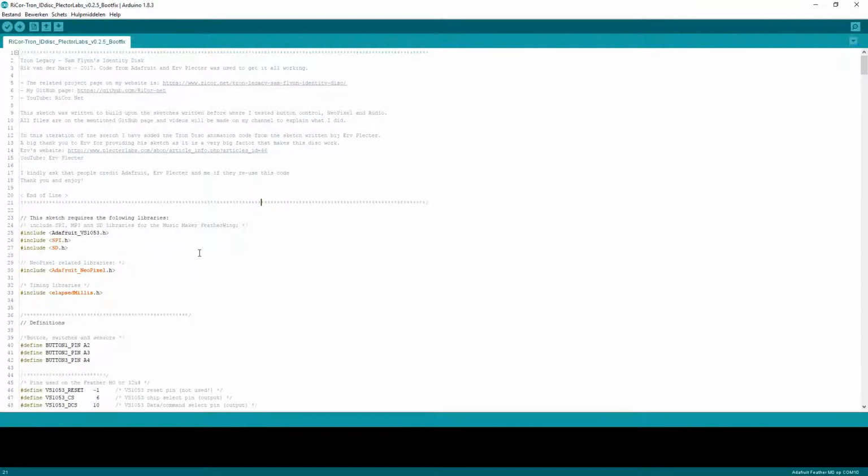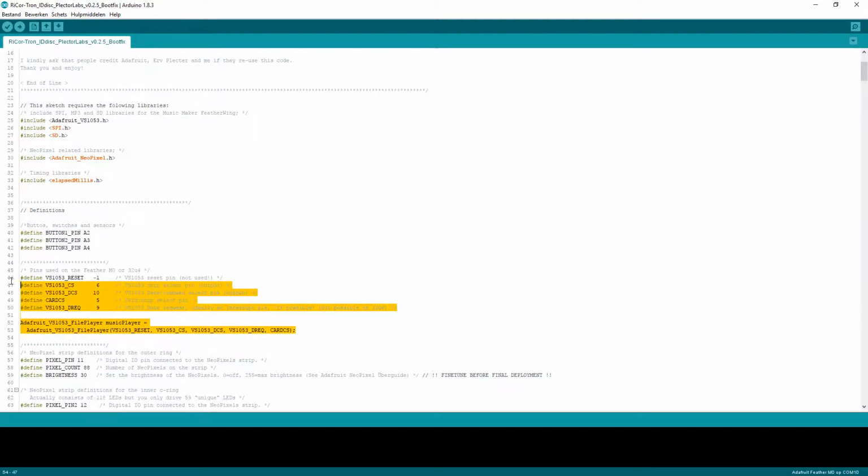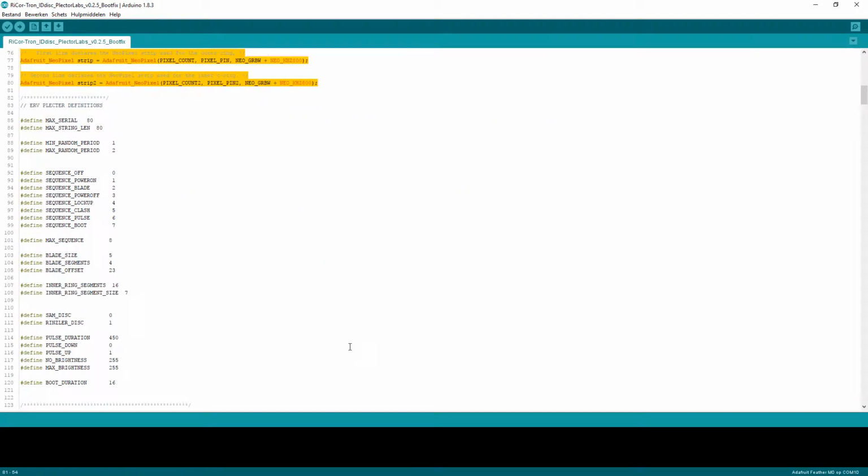So I'll quickly go through the things we've already seen and the new things. So of course these are here already, and as I've commented, those are for the music maker and the NeoPixel. This is a timing related library. It's a library Erv used in his sketch, so of course I included that. Then of course you get the button definitions, the music maker definitions, the definitions for NeoPixels,